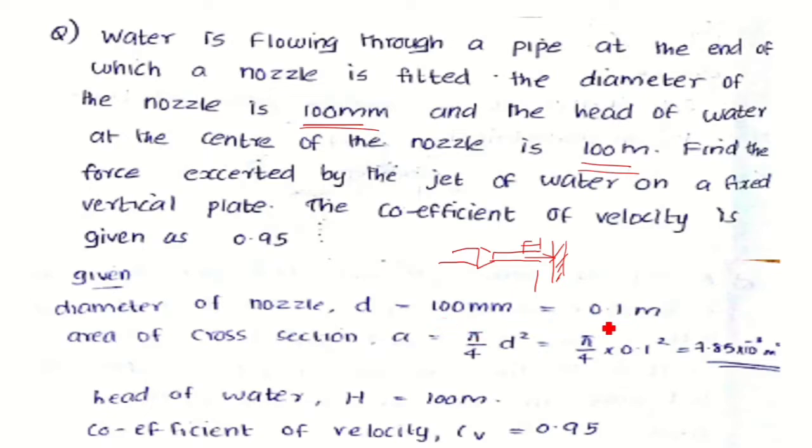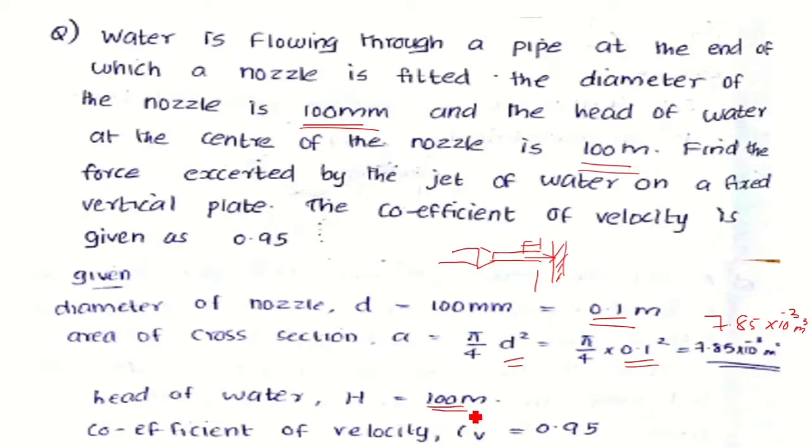So converting it into meter, 0.1 meter, and the area of cross section will be obtained from the equation pi by 4 d square. So pi by 4 into 0.1 square gives 7.85 into 10 raised to minus 3 meter square will be the area, and the head of water is given